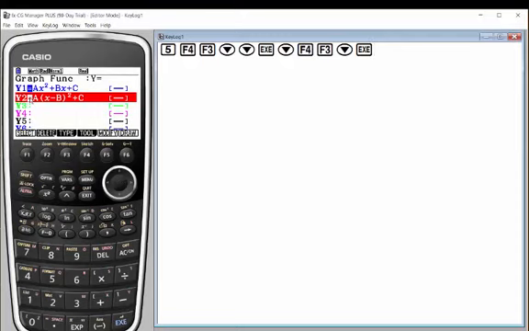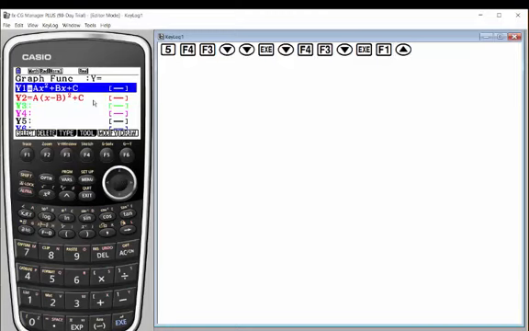I want to turn off this second one because we're not going to use it for now. To do that, I simply hit select and it turns off that equation so I can focus on the first one. Now I'm going to graph the equation, but I don't want to just hit draw. I want to actually hit modify, because since I used coefficients, it's going to allow me to change each coefficient individually and see how that impacts the graph.